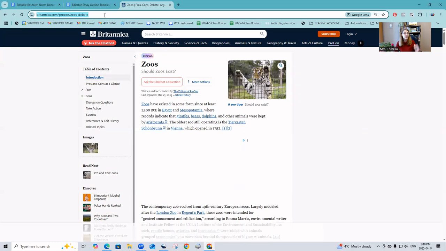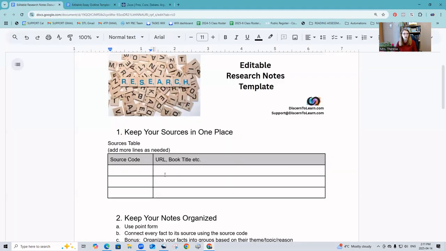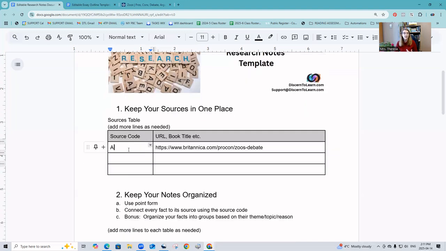So immediately I'm going to take this URL and I'm going to put it on my research notes document right here, and I'm going to label it A. That's just so every fact I find from there always needs to be attached to where it came from. Otherwise, when your student goes to write and they try to source and show where they got their information from, they're going to be running around looking at all these websites, hoping they can find where they found a fact. That's just doing things twice.